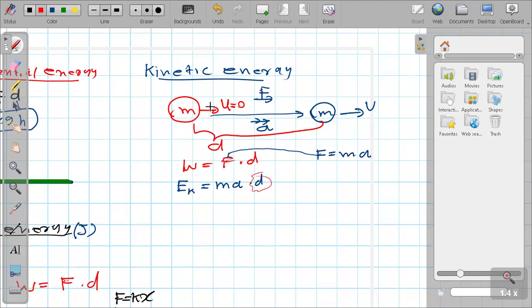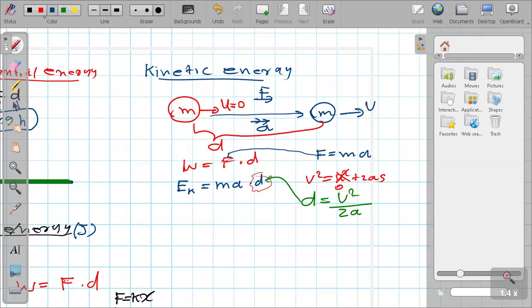So to find out d, you can just link what are the details you have. u you have, v, a and d. So the equation is going to be, you can apply v square equals to u square plus 2as, and this u is 0. v square is equals to 2a d. I'll get d here. d is equals to v square over 2a.